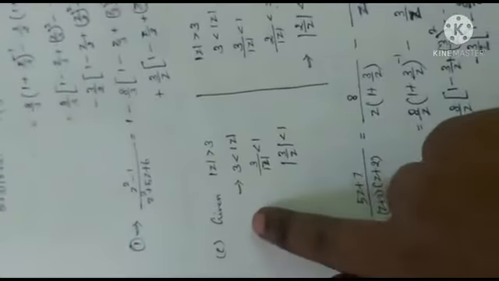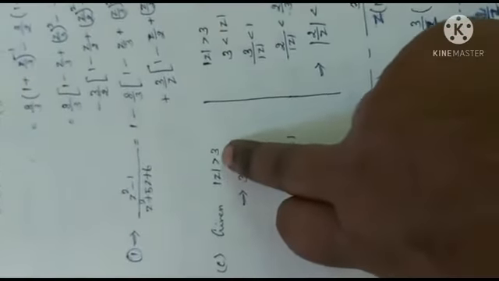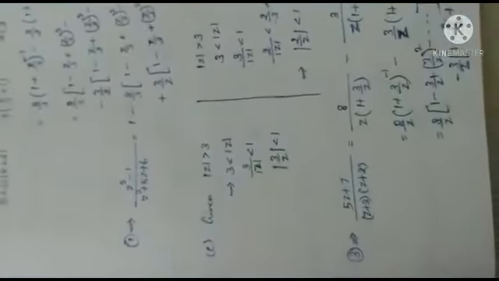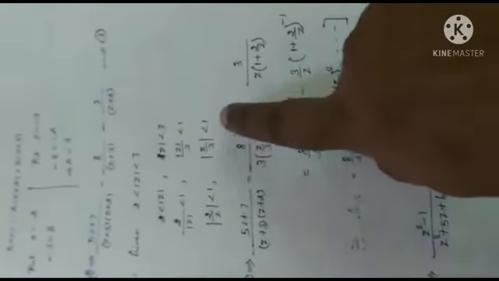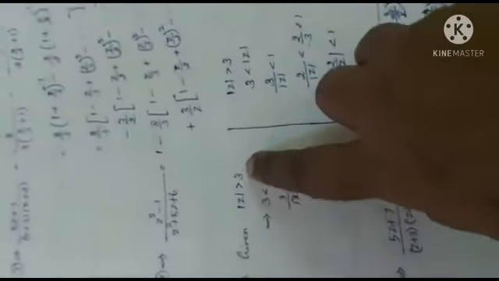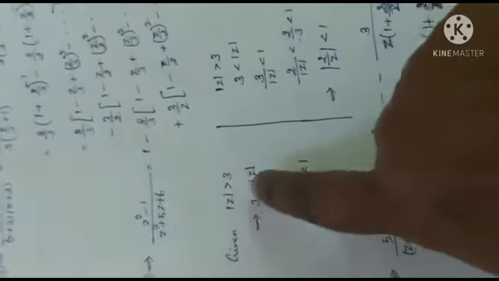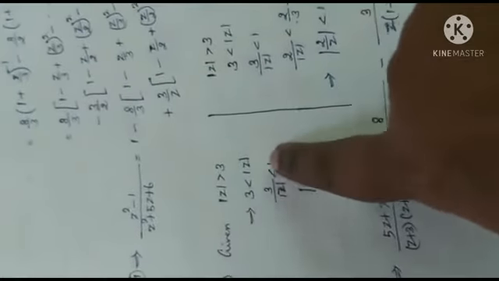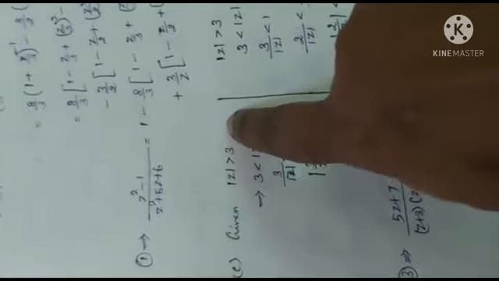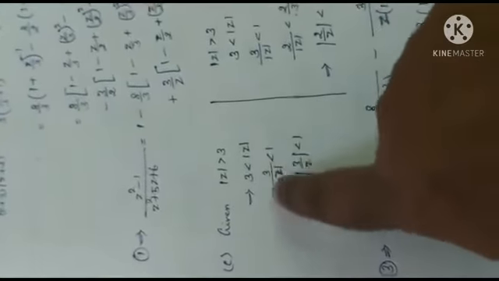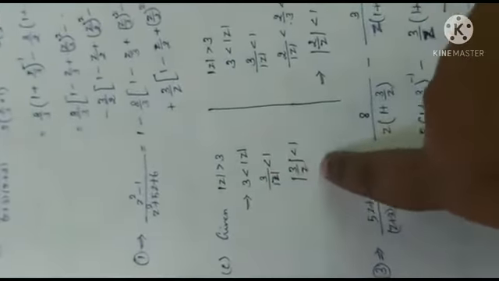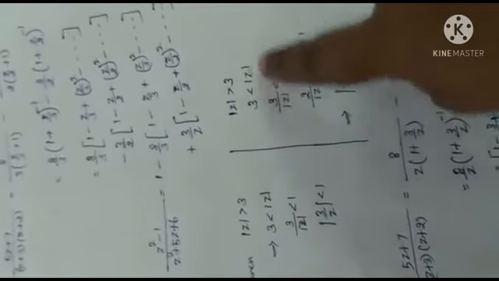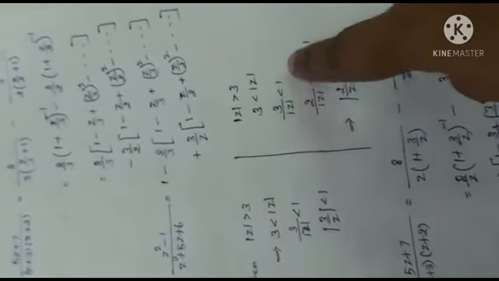Next, third subdivision is mod z greater than 3. There are two terms actually. For both we have to get the condition from mod z greater than 3. Let us rewrite it as 3 less than mod z, because less than 1 is the inequality needed. Mod z greater than 3 is 3 less than mod z. So 3 by mod z is less than 1, or modulus of 3 by z is less than 1.